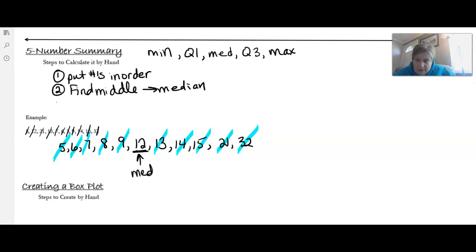Okay? Then the next thing you're going to do is you're going to find the median that's on the left and the median that's on the right. Right here, quarter 1 is the median on the left. Quarter 3 is the median that's on the right side. Okay? So find